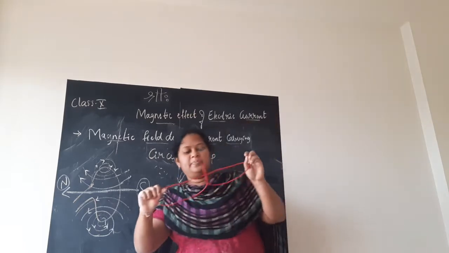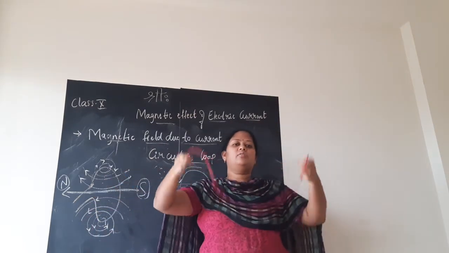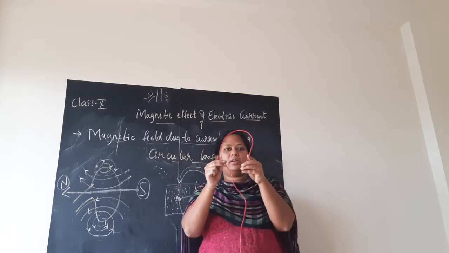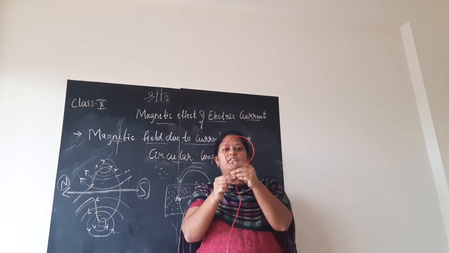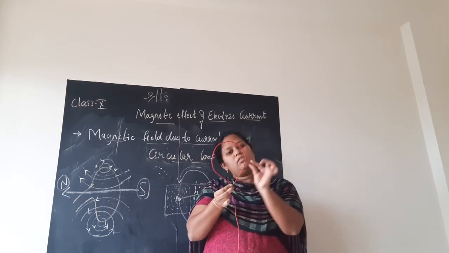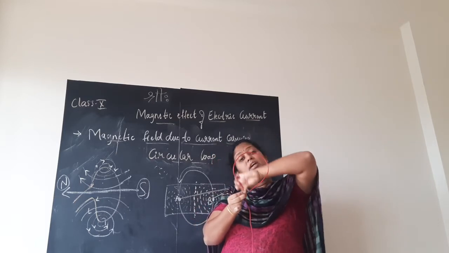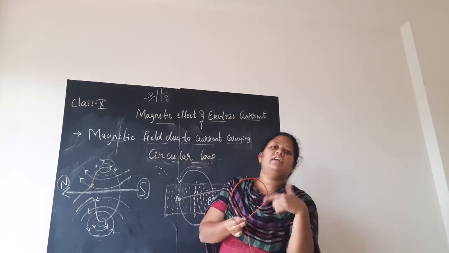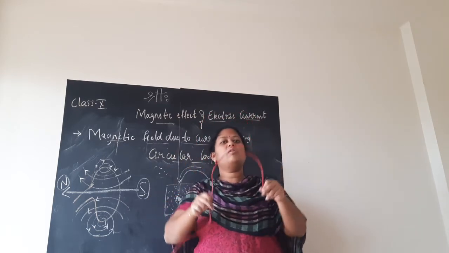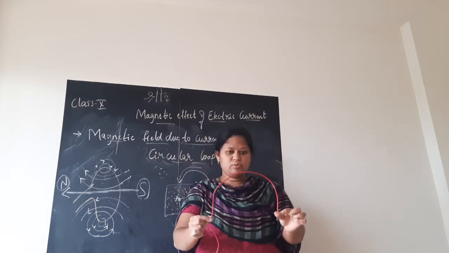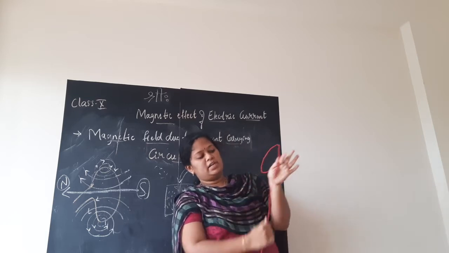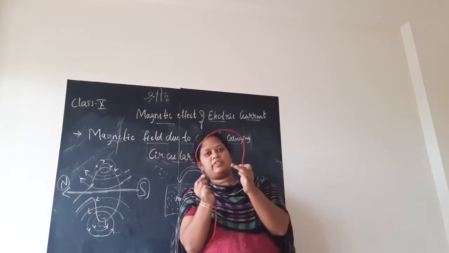So this is the circular loop I will make. Don't take this long wire, this much we will take. So this circular loop I got now. Forget about this part. Concentrate on this circular loop I got. Before it was a straight conductor, I circled it. Here also each bit is a straight current carrying conductor, magnetic field lines will form concentric circles. Now I will take one cardboard, make two holes in the cardboard and insert these two ends of the copper wire in the cardboard. And these two ends of the wire will be there, no?